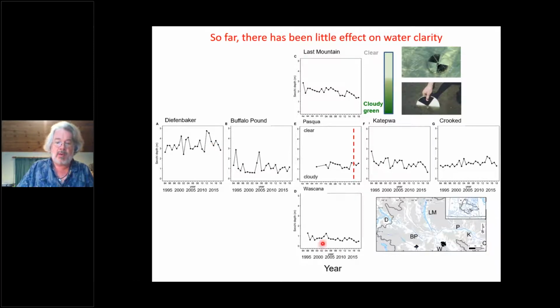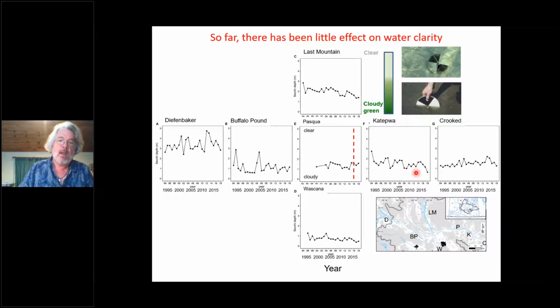Whereas other ones like Wascana Lake, you can barely get 50 centimeters. Buffalo Pound, really around a meter. And then it gets maybe slightly better as you move downstream, but not noticeably. The key thing is the red dashed line is the onset of wastewater treatment. And you can see that the water's not really become much clearer as a result, at least initially, of the